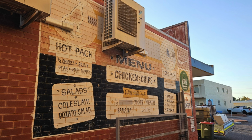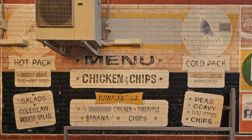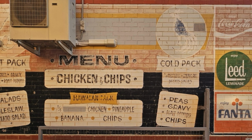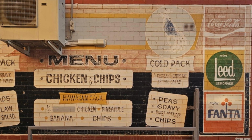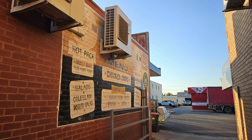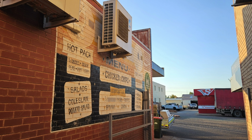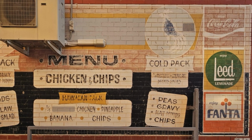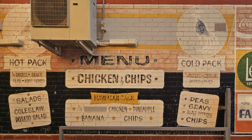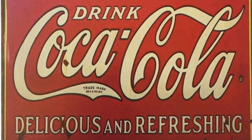And while some's been painted over and the addition of an air conditioning unit is sitting there, Leeds Lemonade, which was then of course replaced by our Sprite Lemonade that you all know now, Fanta, we obviously have the Coca Cola, and this was for a chicken shop in Whyalla, South Australia. It still is a takeaway shop, I believe, but that signage in the laneway is there, and it's because it's in a laneway facing south, which means it never gets any direct sun. And I like to think if some of my artwork live a rich life like that and still be standing,